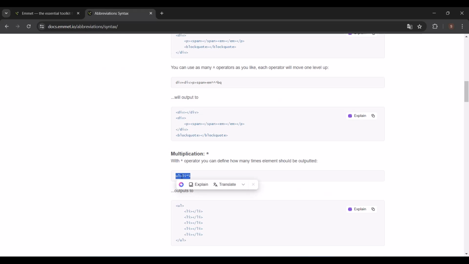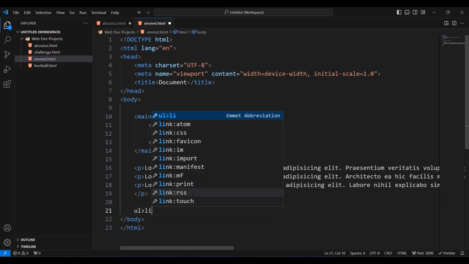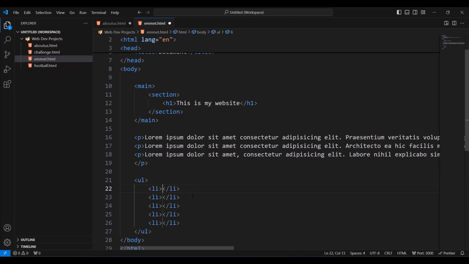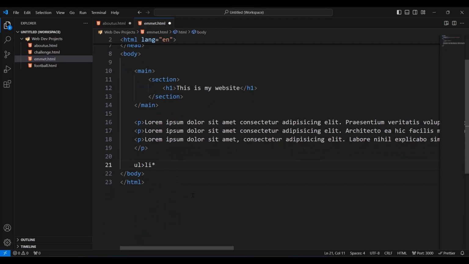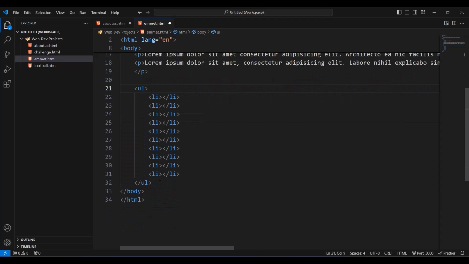This is very useful. Let's say that I want to create an unordered list with 5 elements, like in the example that they gave. Again, I can type all of this manually, but I can simply put ul. I can put li here, and I'm going to put times 5. Now if I press tab, it created an unordered list with 5 elements, and you can put whatever number you want here. You can put 10, and it will generate 10 elements for the unordered list. This is very useful because it saves a lot of time, so we don't need to type this ourselves one by one. I'm going to leave it there.